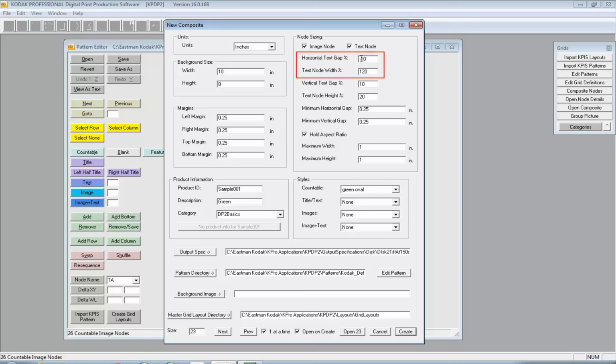So this horizontal text gap is -10. The text node width is 120, so that's going to center it. If you think about it, it's 120% of the image node width -10. The vertical text gap is 10%, which means it's going to be 10% away. The height is going to be 20% of the overall image node, and again,